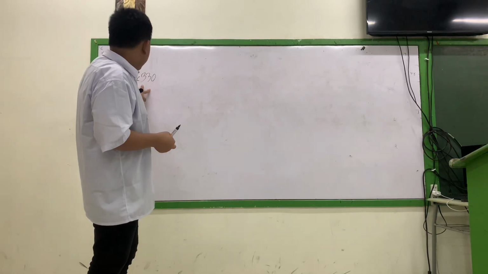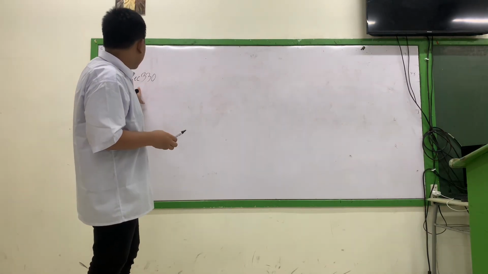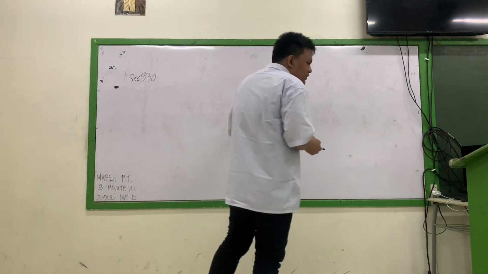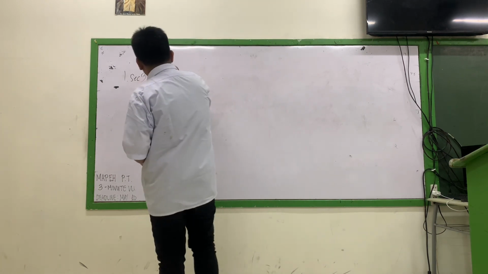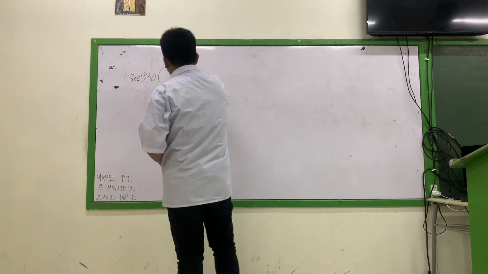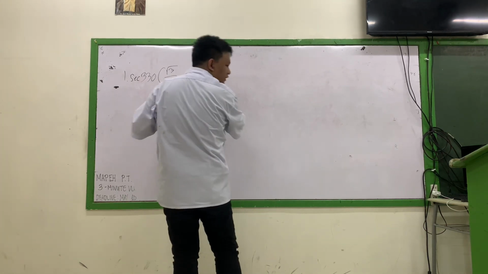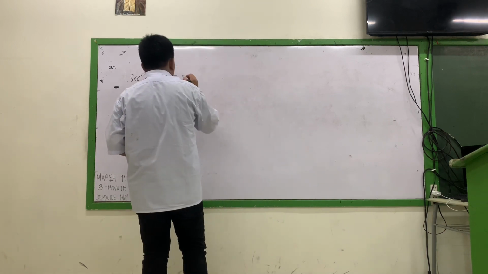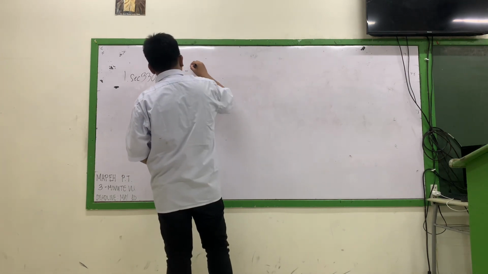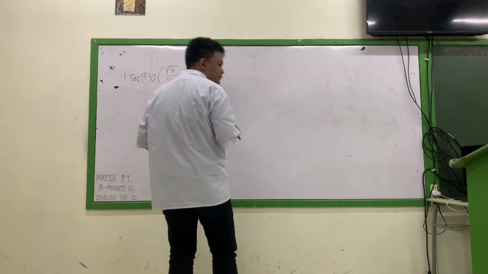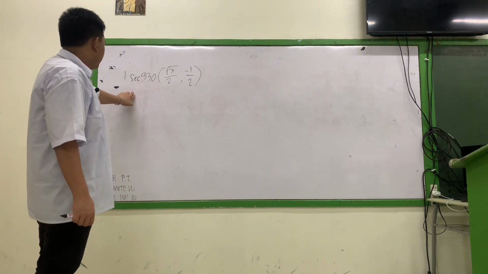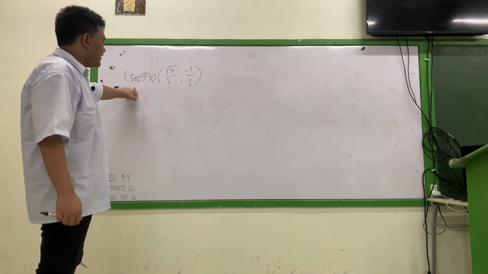Now, firstly, we're going to start off with solving secant of 330. First we need to find its terminal points. So the terminal points for this will be square root of 3 over 2 and negative 1/2. So using the terminal points, what we need to do is to find the exact value of secant 330